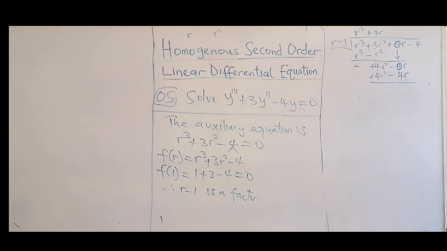Then you can subtract. You're subtracting 0 minus 4, and that's plus 4r. You can now bring this one down, minus 4. So what can we use to multiply the first one so that we can get 4r? That will be plus 4. So 4 times r is 4r, and 4 times this is minus 4. Don't forget that once it's a factor, your remainder must be 0.